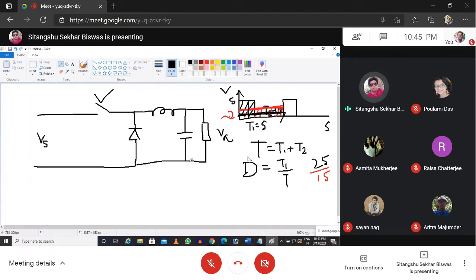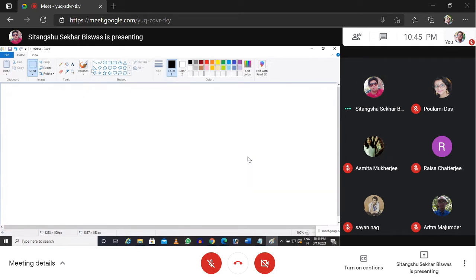Now we are going slightly into details for the design. So if you see here, what is happening? For some period, we are getting the voltage Vs. So this is basically the circuit. Now I'll delete everything. So this is my time axis. For certain period it is on, and for certain period it is off. And basically this is Vs, the input voltage.